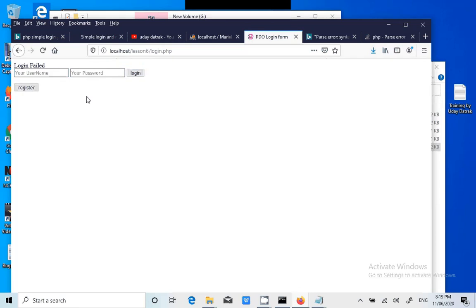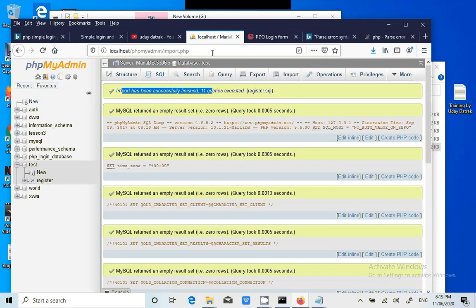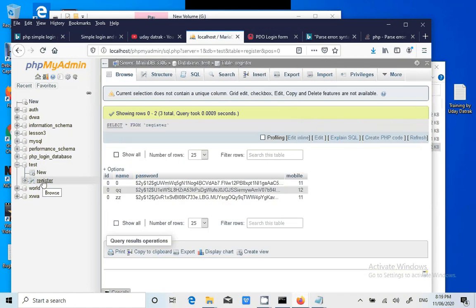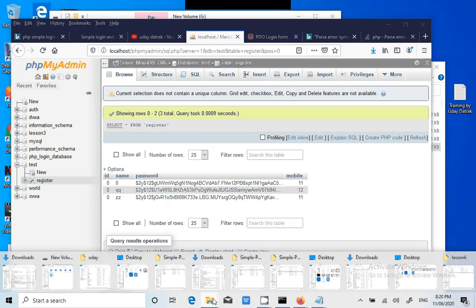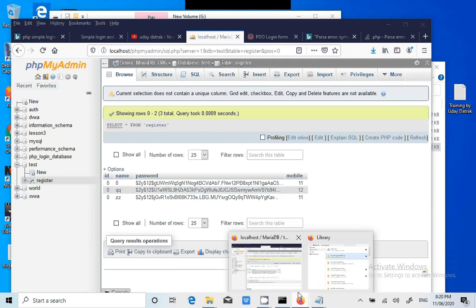Login failed. Let's see, when we registered, whether the records are inserted in the database or not. What is that? Yep, new register, ID 0. Okay, mobile number values. In order to edit this, now